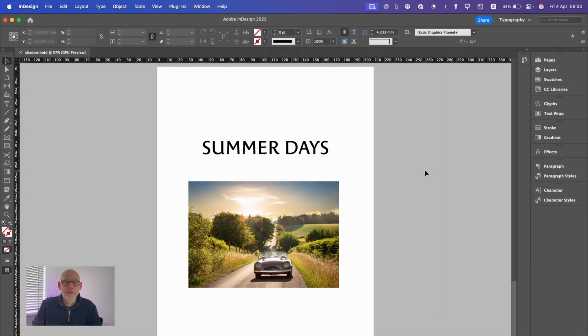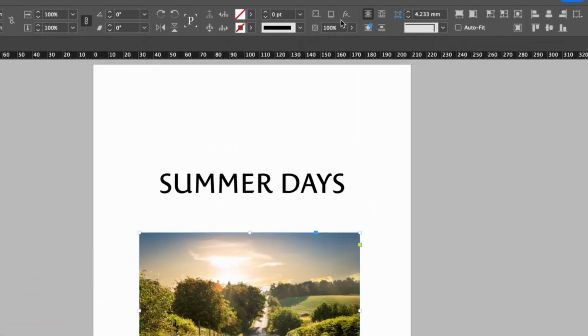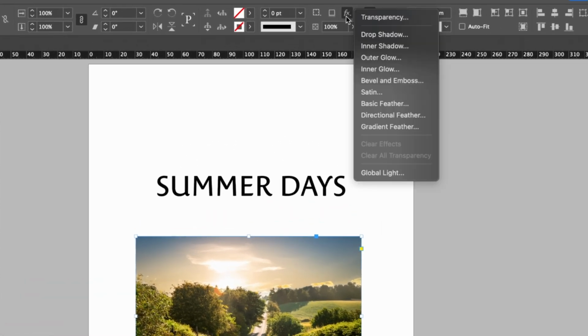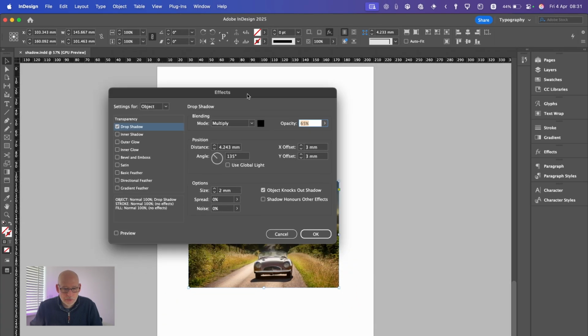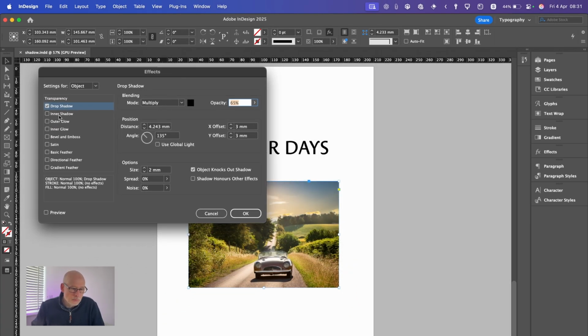Now back in InDesign, let me show you how to put this drop shadow onto an image and some text. So first we'll deal with the image. What you need to do is go up into the panel here which says the effects, and then you hit on drop shadow. This will bring up this box. We've got lots of other options here, but today we're only going to focus on the drop shadow. So we'll actually put the preview button on so we can see what we're doing